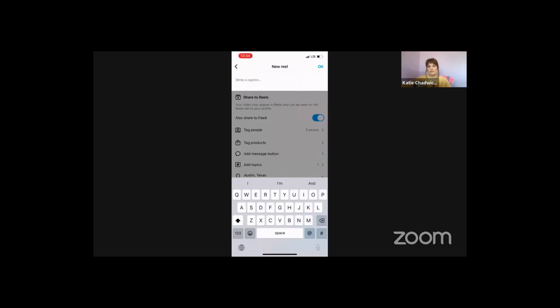What do we want to write for our caption? I love the idea of telling people, get ready to screenshot, right? Because they're going to want some coffee recommendations. And if you give them that immediate heads up, they're going to pay attention, right? What am I screenshotting? I see the caption something like, get ready to screenshot my current top 3 coffee shops in Austin, and then